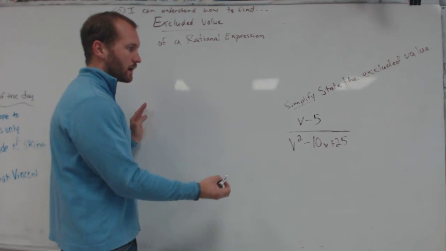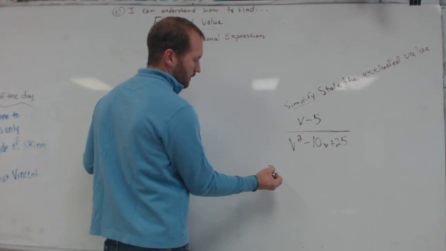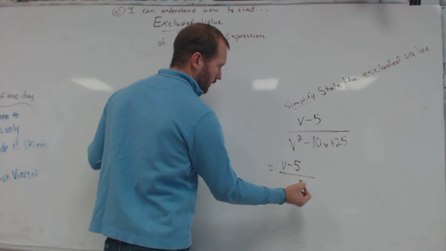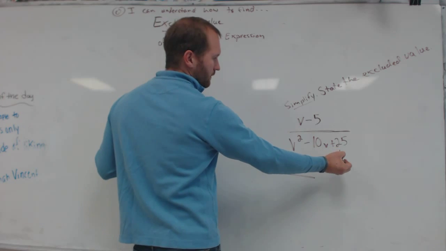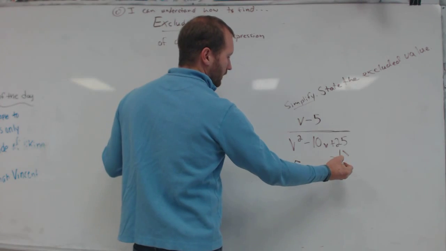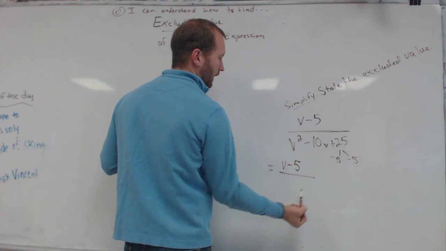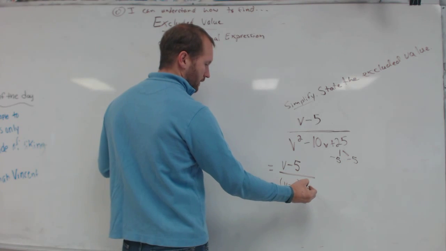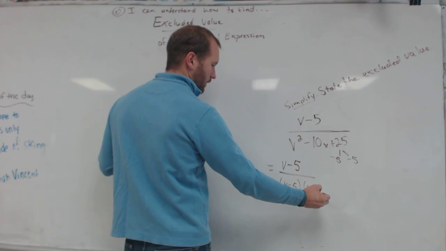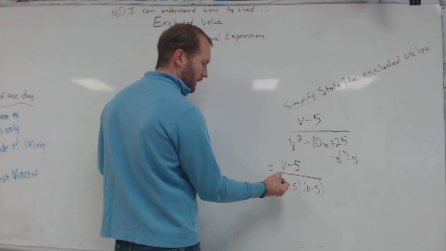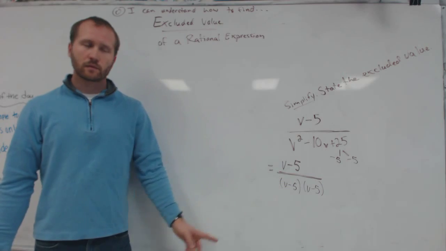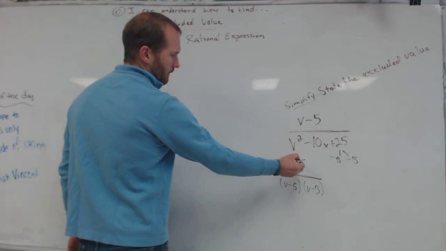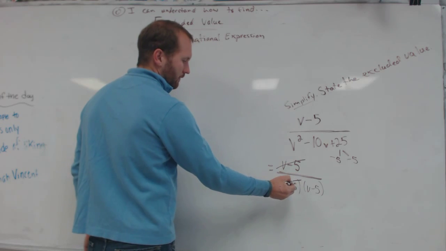Factor the bottom. So this is going to be equal to v minus 5 over factors of 25 that add to -10, which are -5 and -5. So I have v minus 5 times v minus 5, or I could write v minus 5 squared. Either way is fine. So I can cancel a v minus 5 from the top and a v minus 5 from the bottom,